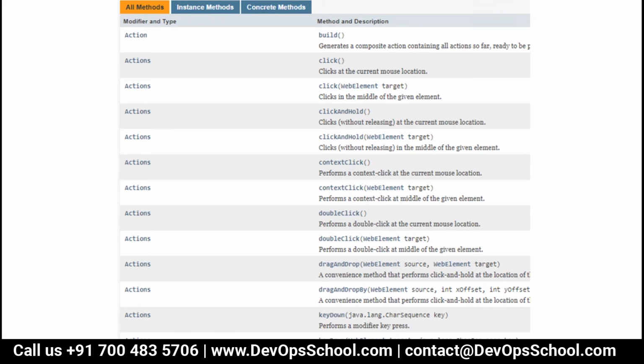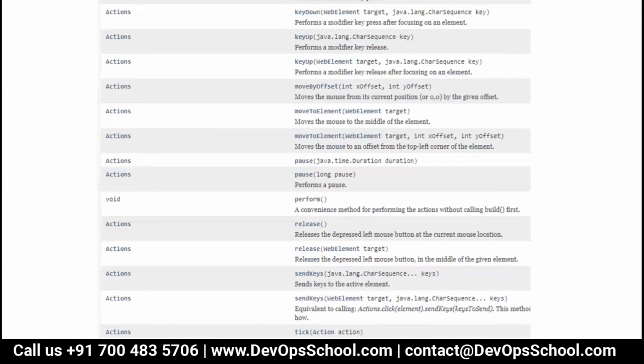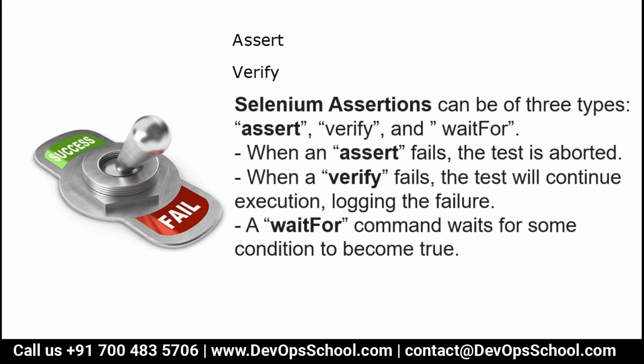Many actions you see here, all provided by Selenium. OK, move to element, key up, move by offset, release the cursor, all these different actions.